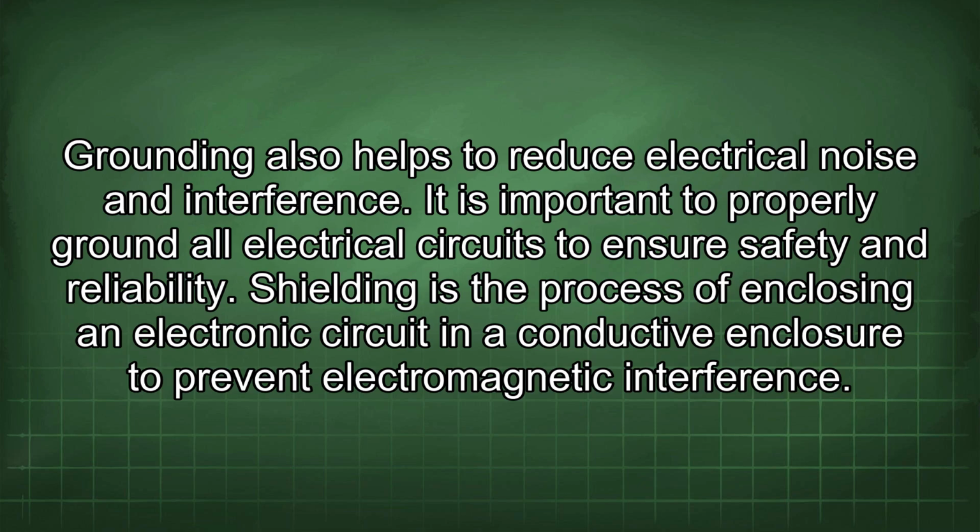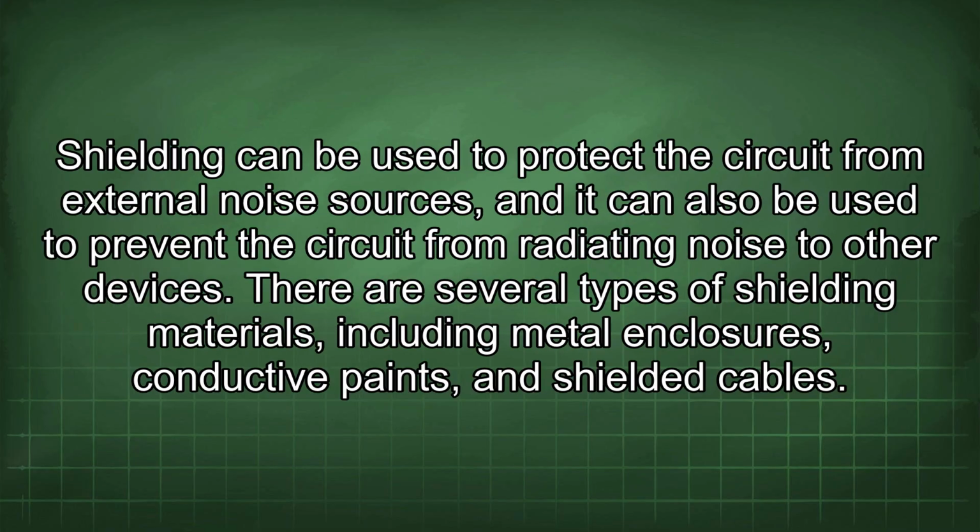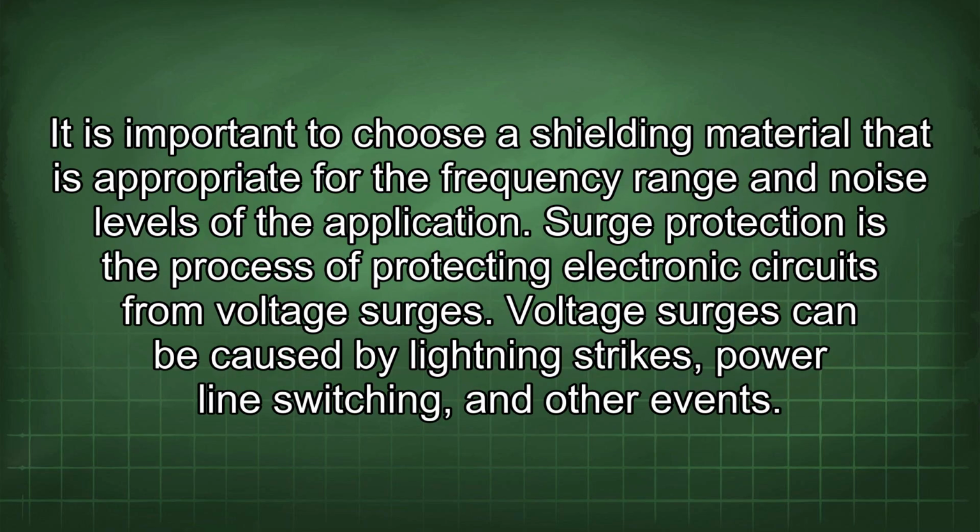Shielding is the process of enclosing an electronic circuit in a conductive enclosure to prevent electromagnetic interference. Shielding can be used to protect the circuit from external noise sources, and it can also be used to prevent the circuit from radiating noise to other devices. There are several types of shielding materials, including metal enclosures, conductive paints, and shielded cables. It is important to choose a shielding material that is appropriate for the frequency range and noise levels of the